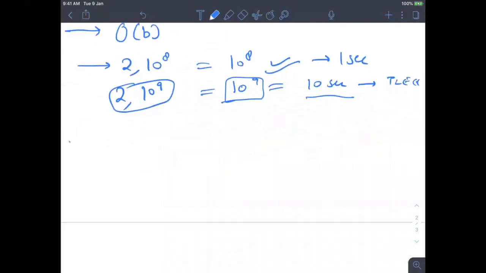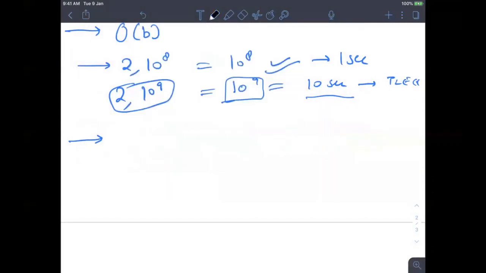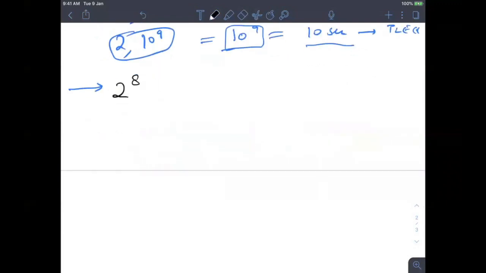So how can we optimize it? Don't think about any algorithm. Let's just use our common sense here. How can we solve it? Let's say, we will take an example like we always do, you have to find 2 to the power 8. Now it is simply 2 into 2 into 2, like I'm writing 8 times.